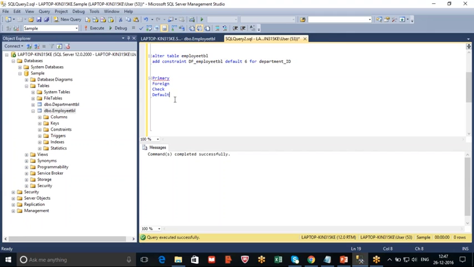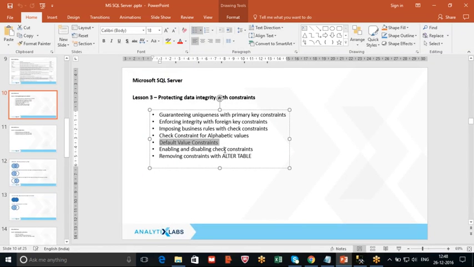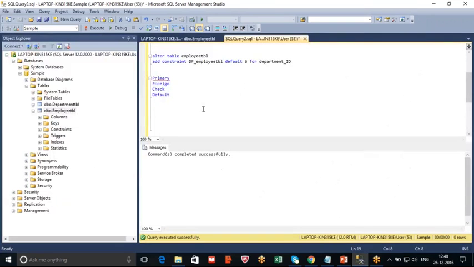Okay, and now the next thing which we will cover in this lesson is how to enable and disable check constraints, and also how we can remove or delete constraints from our table. Okay, so let's start with how we can enable and disable check constraints in our SQL Server Management Studio. To enable and disable constraints in SQL Server Management Studio,